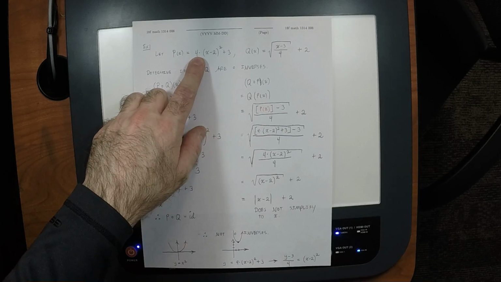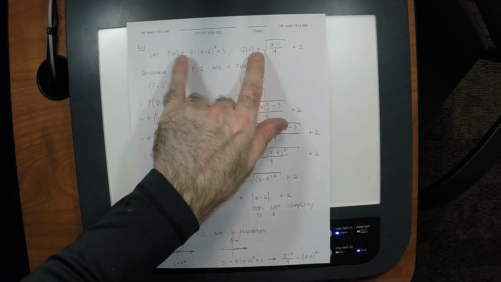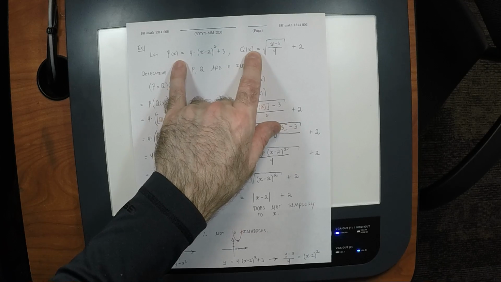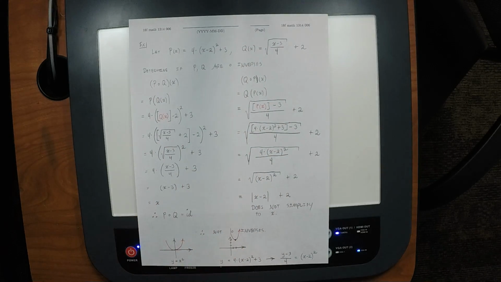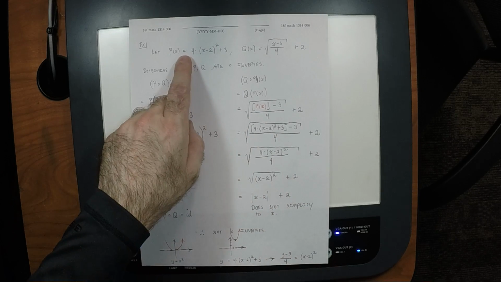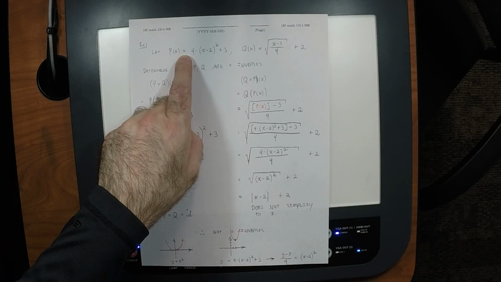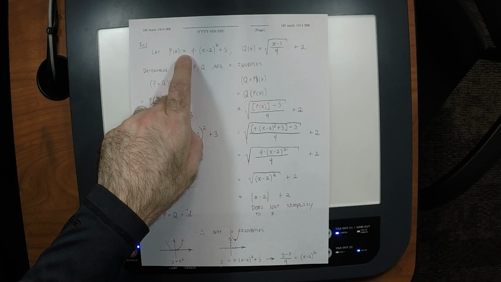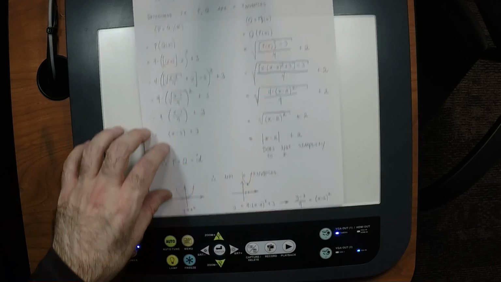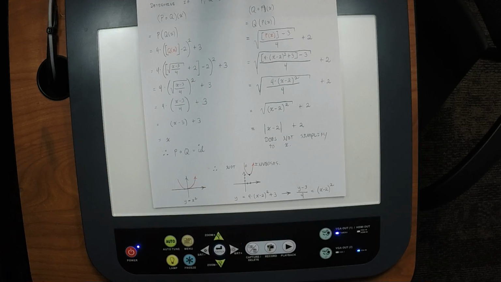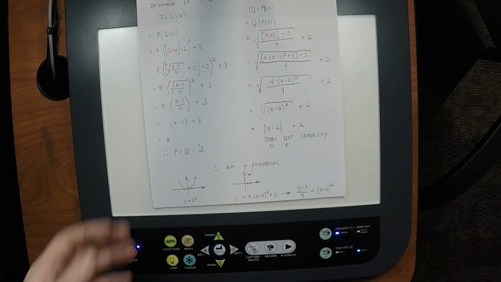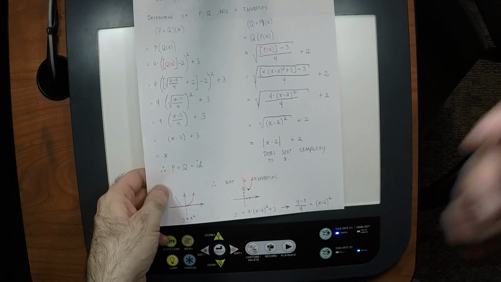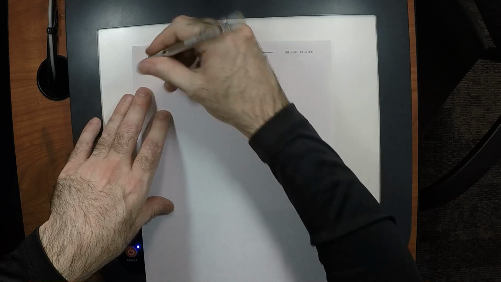So what I did is I asked you, are these two functions compositional inverses? And the answer is no, they couldn't possibly be, because that one doesn't even have an inverse. So can you see it? Good. So you should always check that. You should always check. One simple way to do it would be something like this. You could say, concerning the previous exercise,